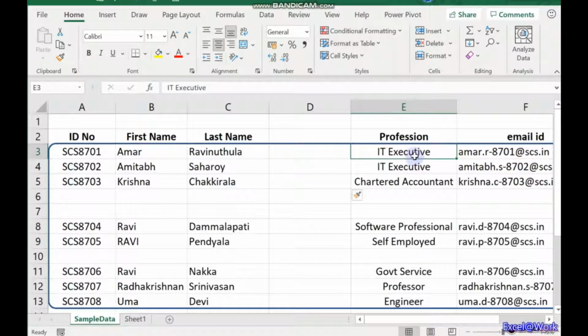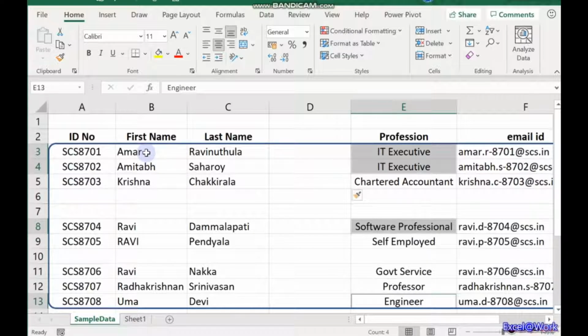I use a shift key to select both of these, and then software professionals here, and let us say engineer also is a software guy. These are people who use computers to a large extent, for example. Then use again control alt right arrow, and you move between all the groups of data. For example, here you see I'm going from E3 directly to E8.